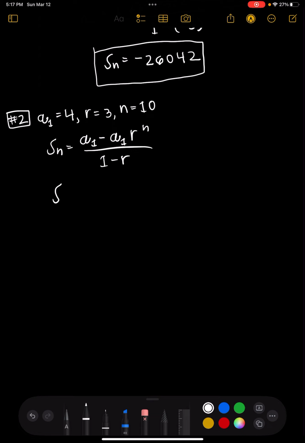Okay, now let's plug in what we know. So this time I do know what n is, so I can replace this n and this S sub n with 10. And then you don't have to, you can leave it as S sub n. It doesn't really matter for our answer. Then our a sub 1 is 4 minus another 4, because we have a sub 1 again, times our r, which is 3, to the power of n, which is 10, all over 1 minus my r, which is 3. All right, so now all we have to do is plug it into a calculator,